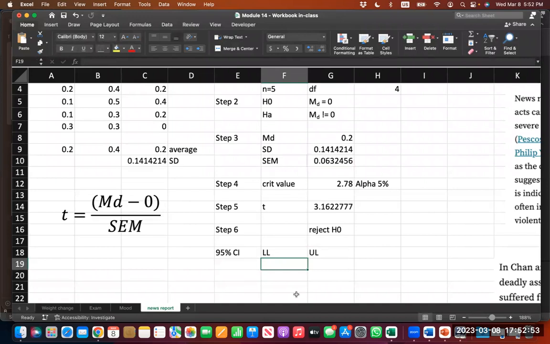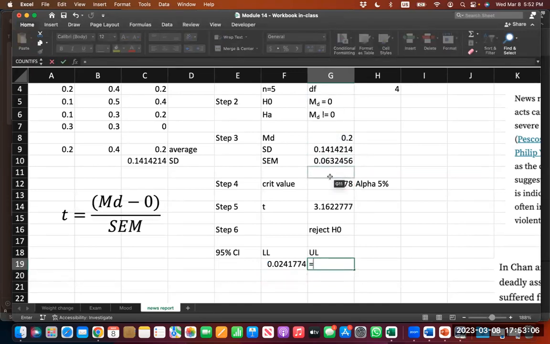It's basically the mean difference minus the critical value multiplied by the standard error of the mean. And equally, for the upper limit, it's the mean difference plus the critical value multiplied by the standard error of the mean. This is